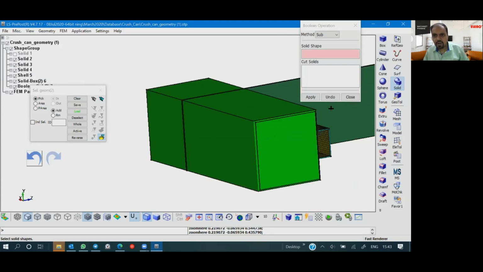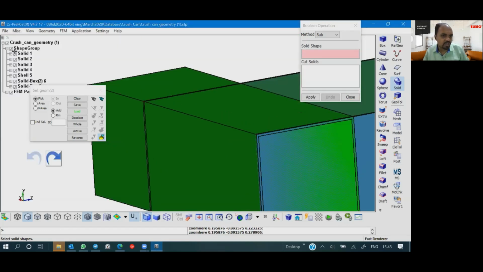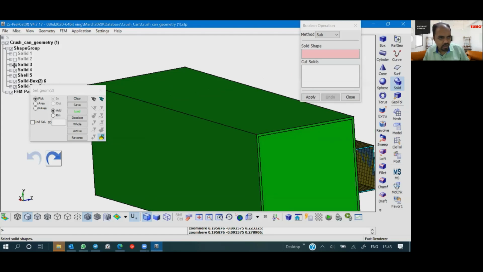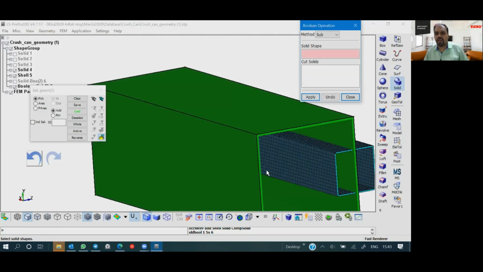Okay, it happened. Oh, okay, so it got selected a wrong shape. Wait a second. So I don't want this solid, this solid, this solid. Yeah, here you go. Okay, so solid shape, the first one, and then I have solid shape, cut solid, which is the second one, and then I click on apply.